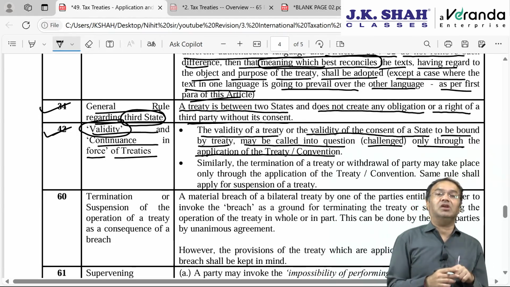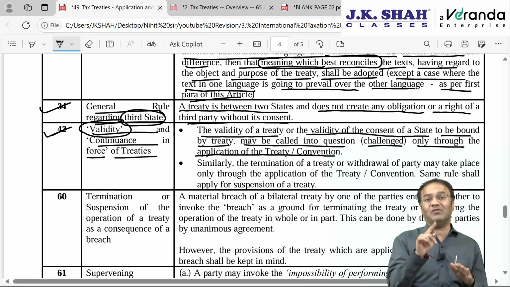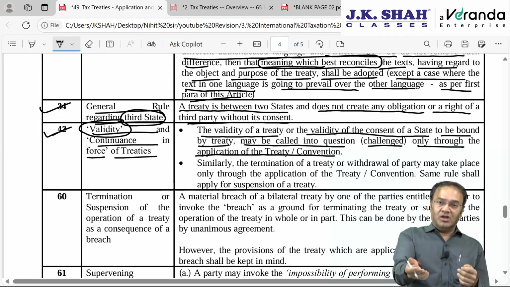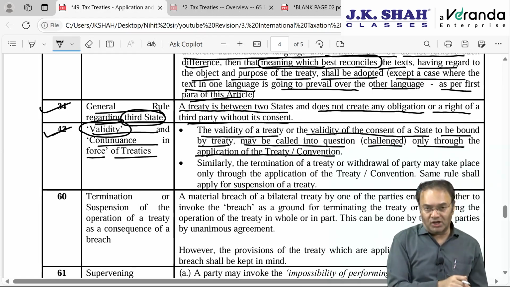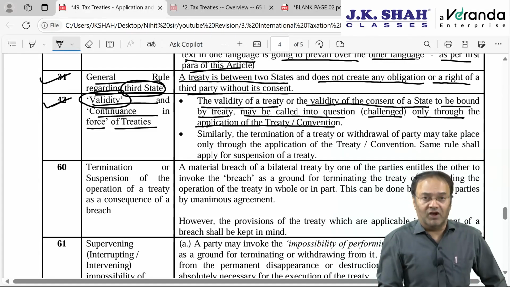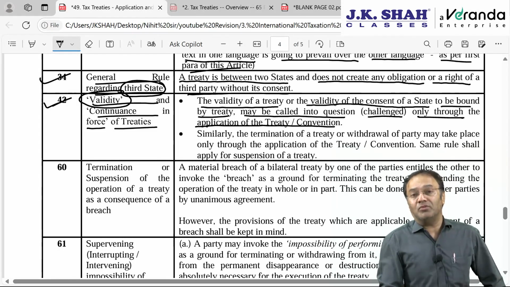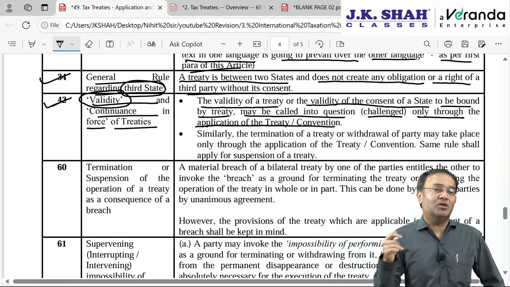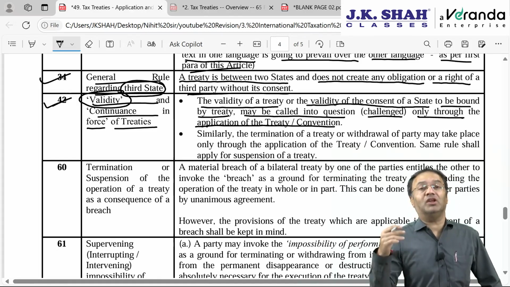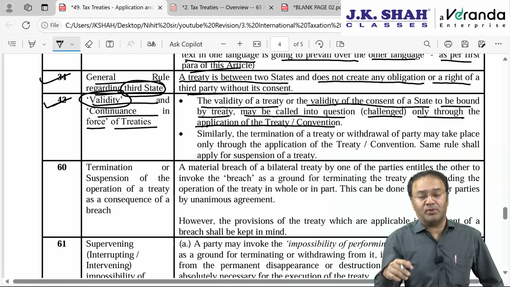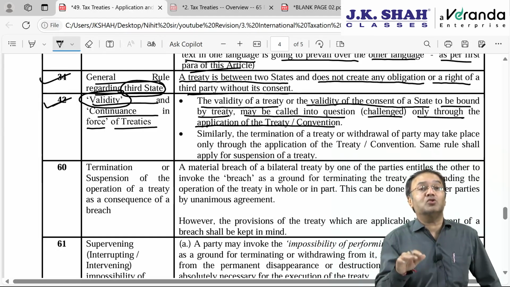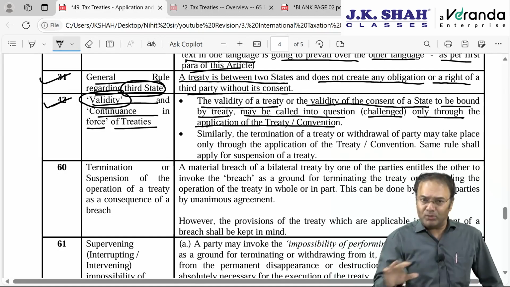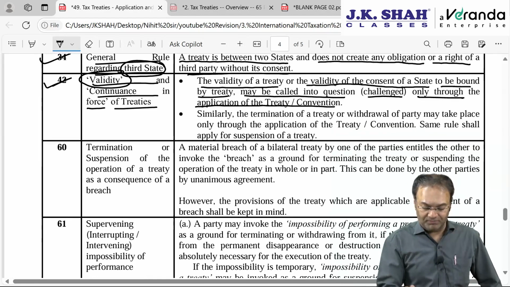Like the climate change policy has a limitation that anybody who wants to withdraw will have to wait for 1 year. Today you apply to the committee and then you can withdraw only after 1 year from the date of intimating your intention. Same thing with Brexit: when Britain exited from the European Union, it had to give warning, and then there was a waiting period of 2 years as per the agreement between them. Britain had to wait for 2 years, and the government changed in between. As per that treaty between all European countries, Britain was given an option to reconsider its decision, and there is some procedure. As per that procedure, only then can it be done.